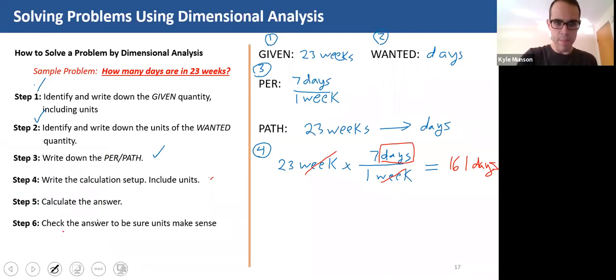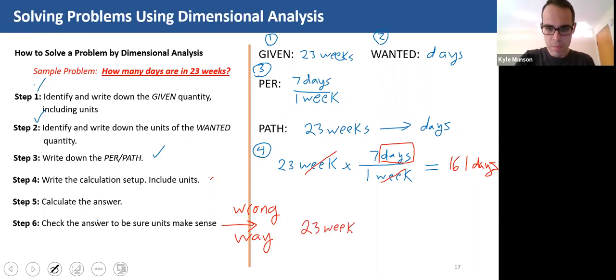So what do I mean by that? Let's say I wrote it this way. So this would be the wrong way. All right, so don't do it this way. What if I did this? 23 weeks times, for every 1 week, 7 days equals. All right, so that's going to give me some weird number that you don't have to worry about calculating. But look at the units. Nothing cancels out, and my units are week squared days,